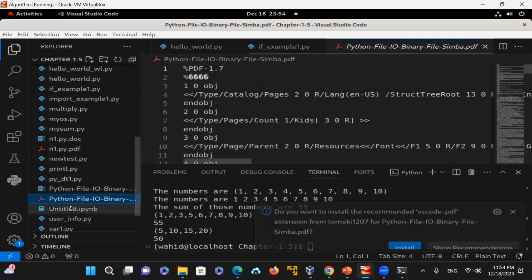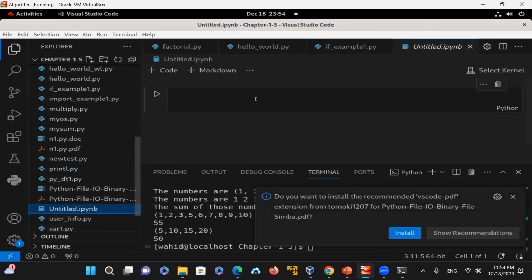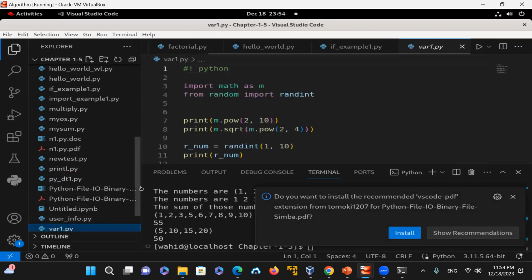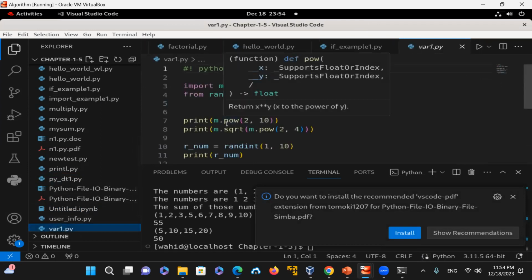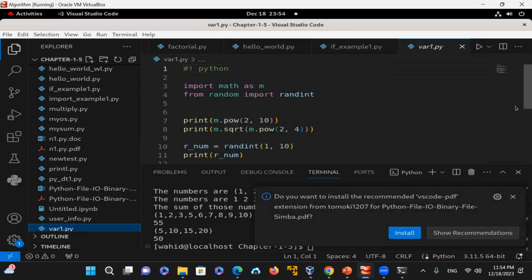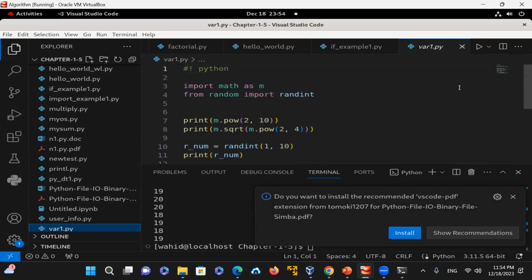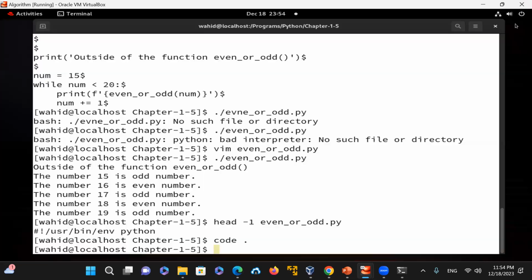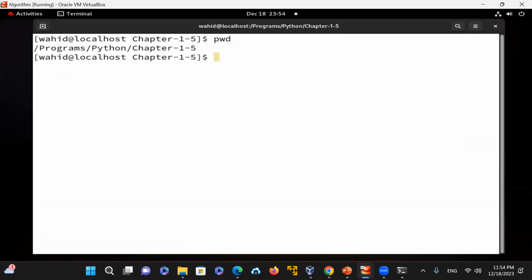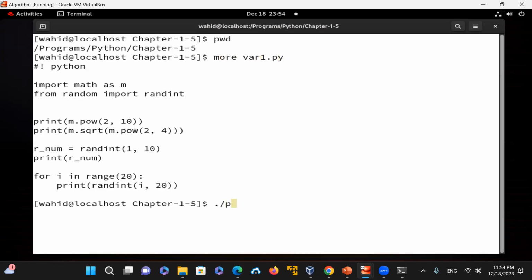I'm gonna just jump into vars here. Let's say on the vars, we're defining a variable Python 2, and then you're going to run this one, just to show you, and the outputs are here. At this time, this information is all there. I'm gonna exit out of this one. I'm gonna run one more code. Let's say more var1.py, and then say